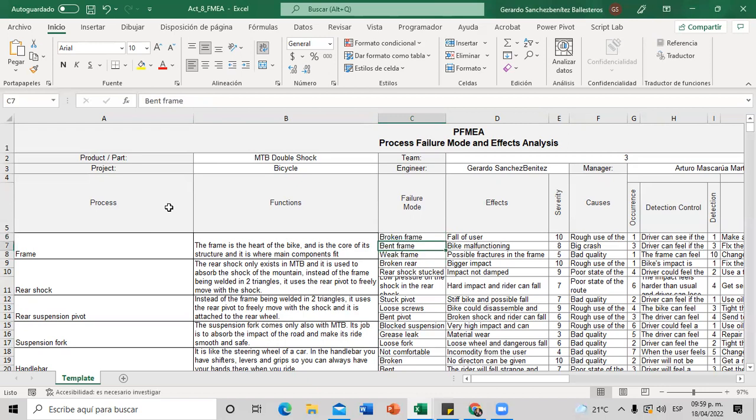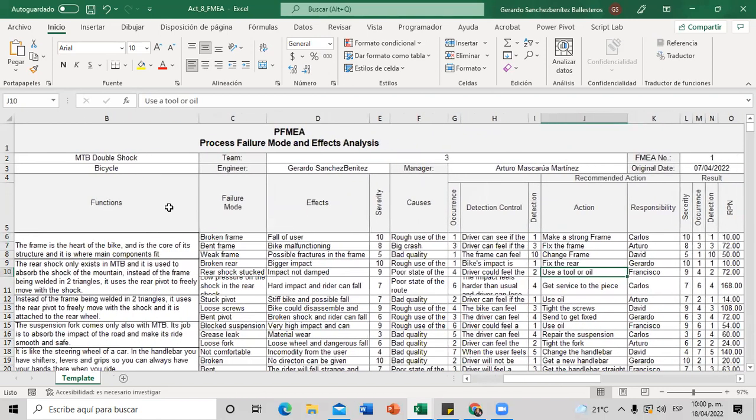Then we say which will be the consequence if there's this kind of problem with the piece of the bicycle. The severity number, the higher the number, the worse it can get in case you have an accident. The causes that could make these accidents, how fast they can happen or how possible it is to happen, the detection control, the number of detection,